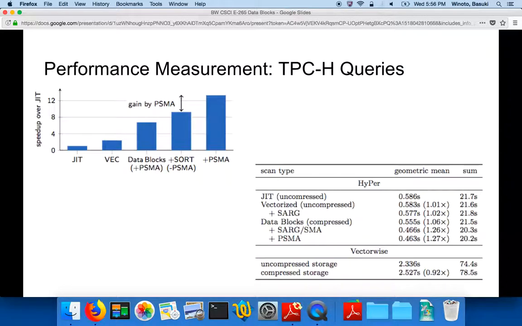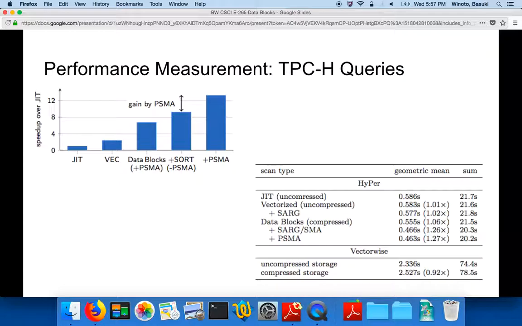Now, if we look at the queries performance in TPC-H on the top left chart, we can see that there are gains, quite a substantial amount of gain by introducing PSMA in the scanning process. And then if we look at the bottom right of the table, we can see that